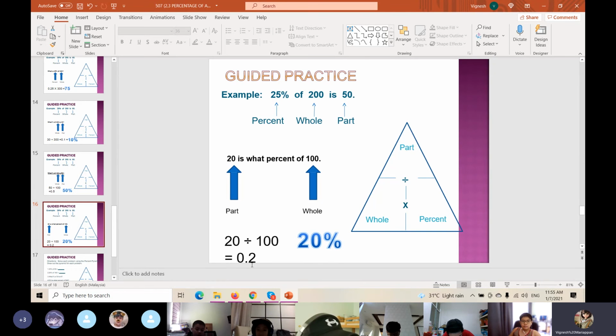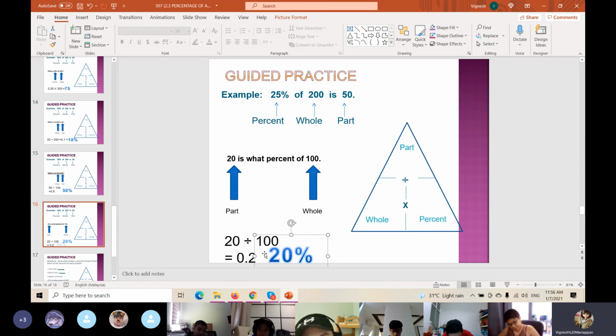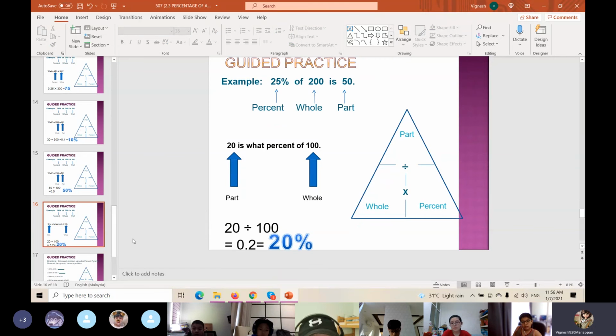How many places? 1. Jingza, 1 or 2? 2. You have to move 2 decimal places to your right. So the answer in percentage is? 20. Yes, the answer in percentage is 20. Understand, huh? Okay, so